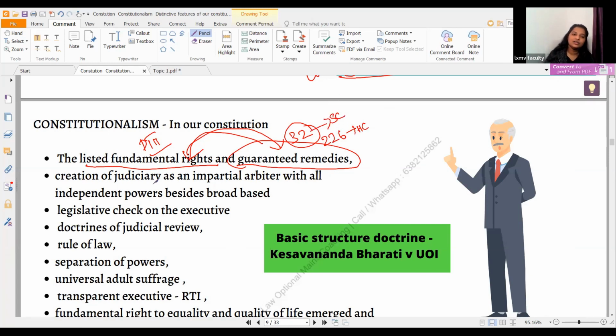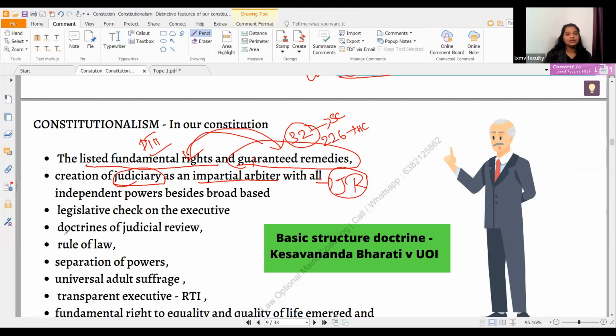Next feature, they create a judiciary. It is not a judiciary which is under anybody's control. It is an independent, impartial judiciary. Why? Earlier, you see, executives were doing the work of judiciary. Later, this judiciary was separated from this executive. We have a separate article for that too. So creating an independent judiciary will be a watchdog on all these organs by using its power. Which power it is? Power of judicial review, and it will watch closely whether any organ is abrogating all the powers. If it is done so, it will control them by its judgment.